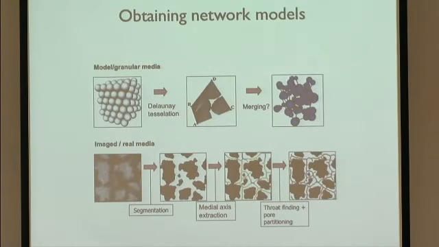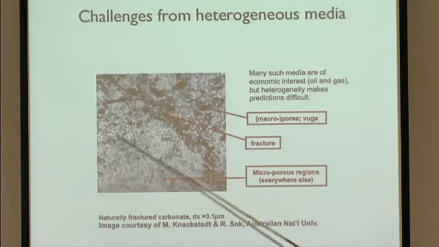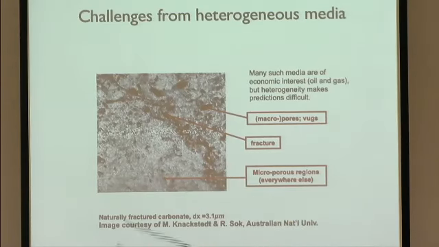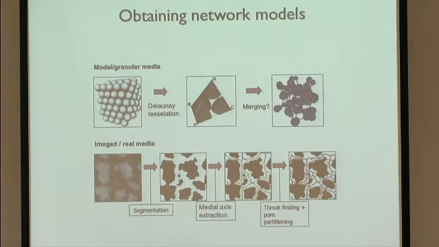So there are different ways to obtain this. The thing is that once you get this, you would like to simulate flow in this kind of domain. If you accept that a network model would be a suitable thing to model such a configuration, then you need to be able to go from here to a network model. So there are a couple of different ways to obtain a network description of such media. One way is through some kind of molecular modeling. There's a software package called SpherePack that would generate a network for you if you prescribe certain material properties about